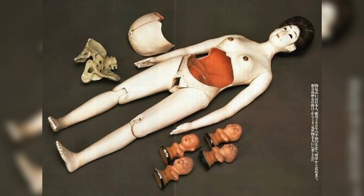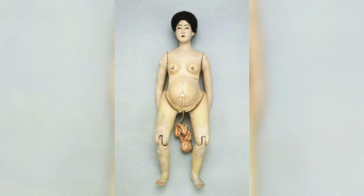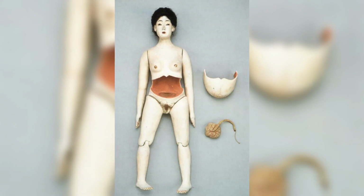Number 2. Pregnant Japanese. The following toy is really disturbing and difficult to understand its existence. It is about the pregnant Japanese, a doll that was banned in Mexico for its graphic and explicit content about pregnancy. This doll is very realistic in terms of its proportions and has an abdomen full of stretch marks, but